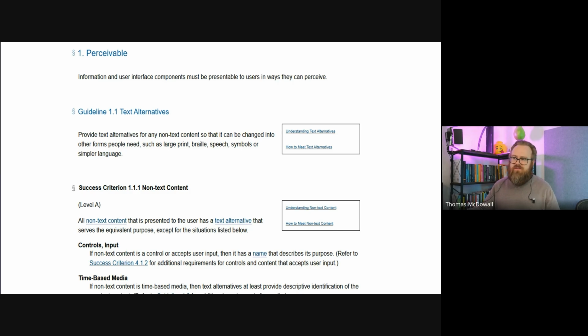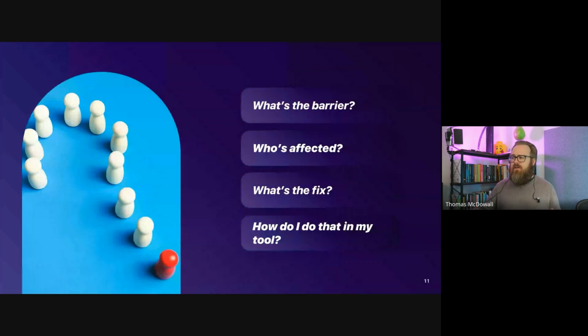Throughout all of this, there's a really simple way of thinking about anything you might want to implement in your organization. Specifically, I talk about these 4 questions. What's the barrier? Who's affected? What's the fix? And how do I do that in my tool? I use these 4 questions because they match up to the 4 questions that W3C think about when they're writing these guidelines. Each guideline outlines what the barrier is, who might be affected, what the fix is, and how